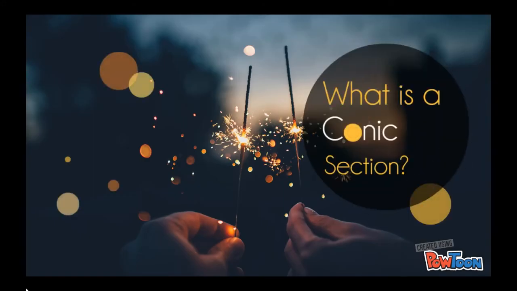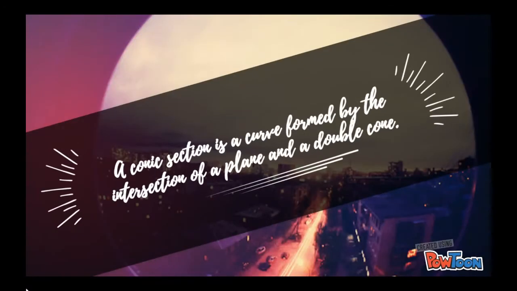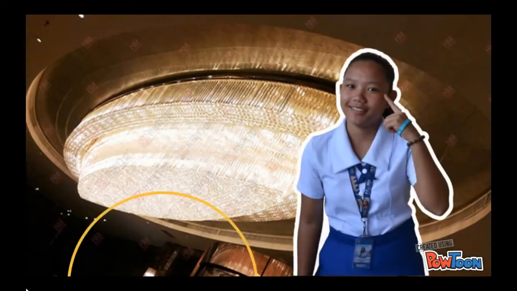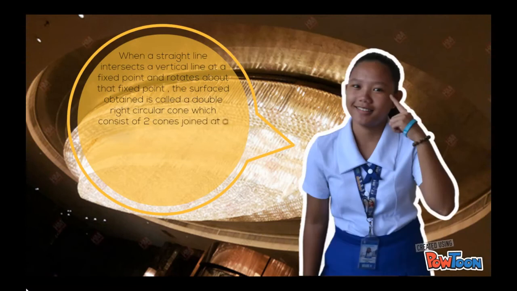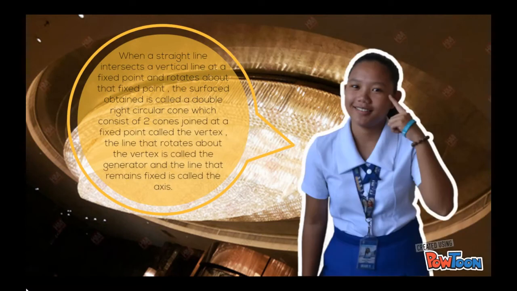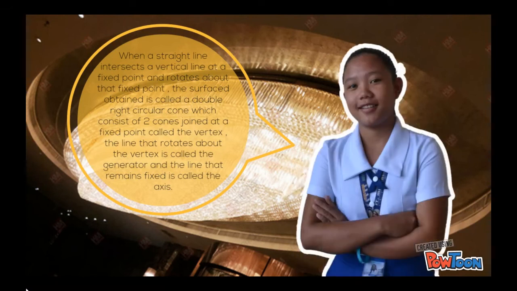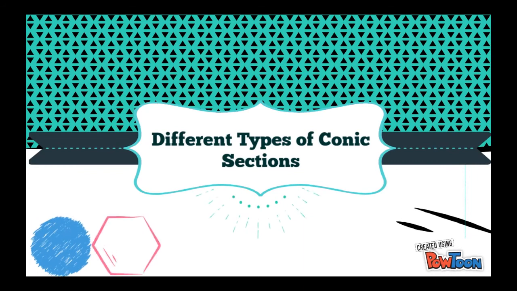What is a conic section? A conic section is a curve formed by the intersection of a plane and a double cone. When a straight line intersects a vertical line at a fixed point and rotates about the fixed point, the surface obtained is called the double right circular cone, which consists of two cones joined at the fixed point called the vertex. The line that rotates about the vertex is called the generator, and the line that remains fixed is called the axis. There are four types of conic sections: